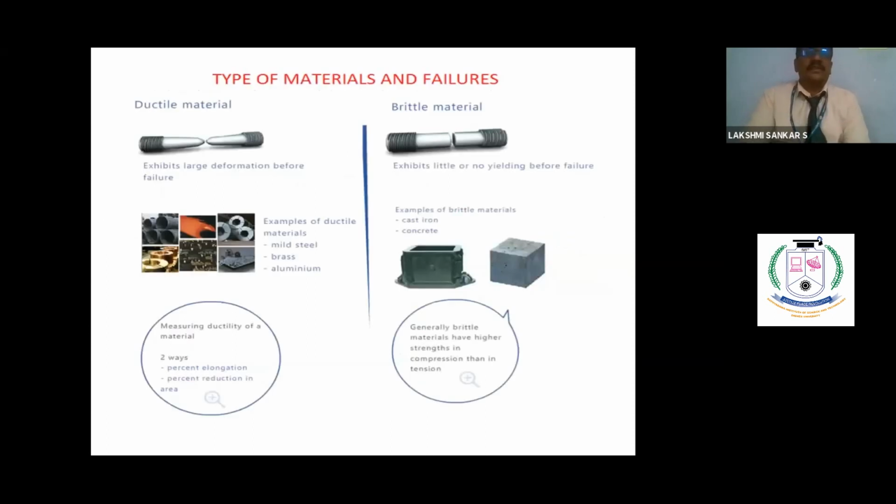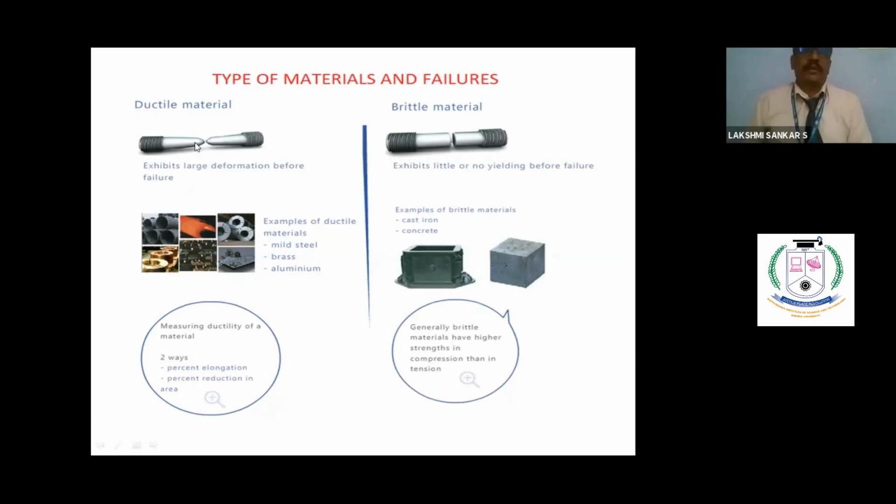So how the tensile test is done with respect to different materials is shown. See, for ductile material, you can see local necking happening at these places, and it is going to fail as a cup and cone failure. For brittle material, no yielding is noticed, it just breaks into pieces. If you keep one piece over the other, you will notice that both look like the original component. So that is the brittle material concept.